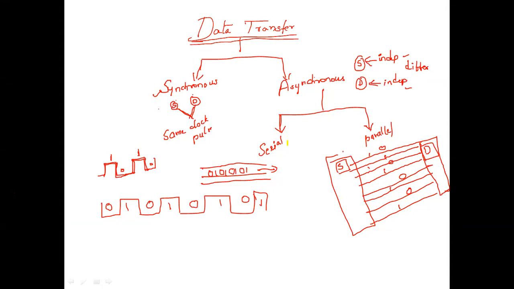Synchronous means that if you want to send the data from source to destination, both source and destination will be using the same clock pulse, the CPU clock pulse, so that there will be no delay. Why? Suppose we have our timetable schedule. At 3 o'clock the CO class is scheduled, so nobody else will be scheduled at that time, because it is particularly allocated for the CO subject.